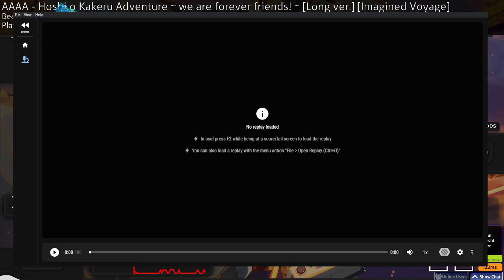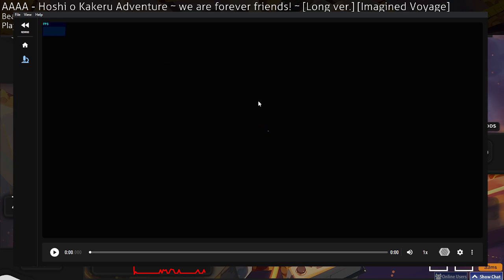Okay, for you, it will probably detect the replay automatically, but personally, I have my song folder separate from my actual game, because I have my songs folder on my hard drive and then I have my game on my SSD. So there's a way to set it up that is automatic, but another way that you can import the replays is to just go to File and then Open, or you can just press Control O. Let me just find another replay rather than this one. Okay, this replay. Let's see.